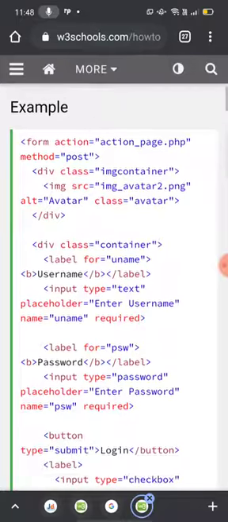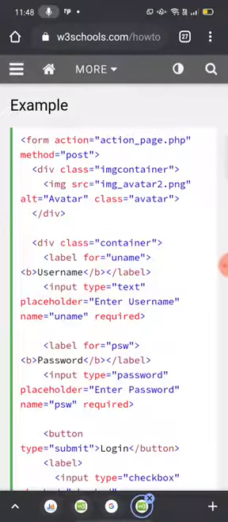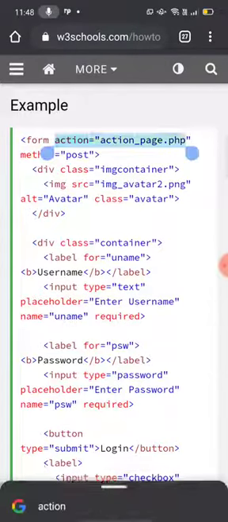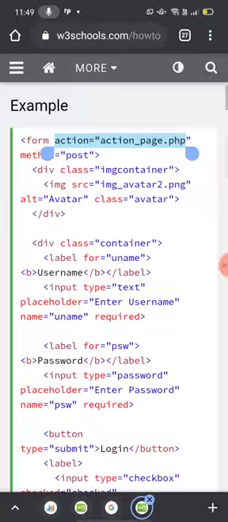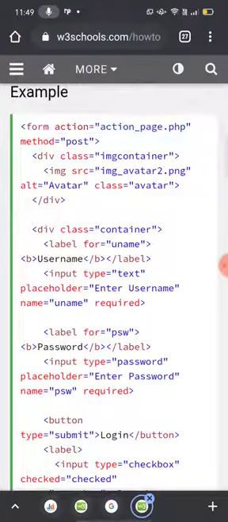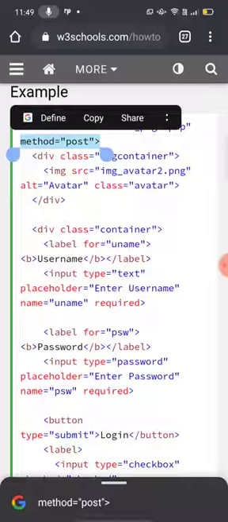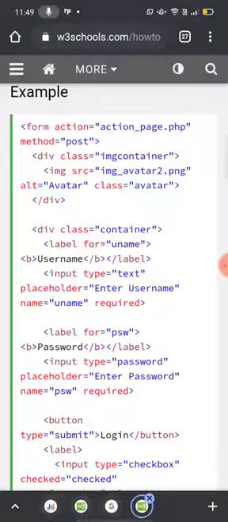For example, take an example over here. For the very first tag, we all know for PHP we are going to insert a tag. For inserting a form, we are going to insert a form tag. In this form tag, there is an attribute action, which action we are going to perform. In this action we are going to pass an action underscore page dot PHP. You can see over here, form space action is equals to, inside double inverted commas, action underscore page dot PHP. Okay, method will be post. Method is another attribute of our form. Method is equals to post.